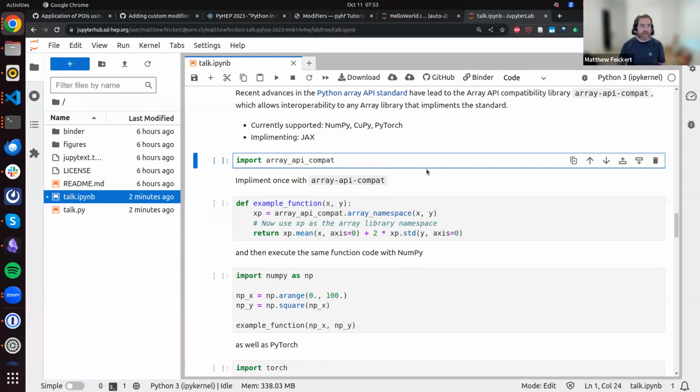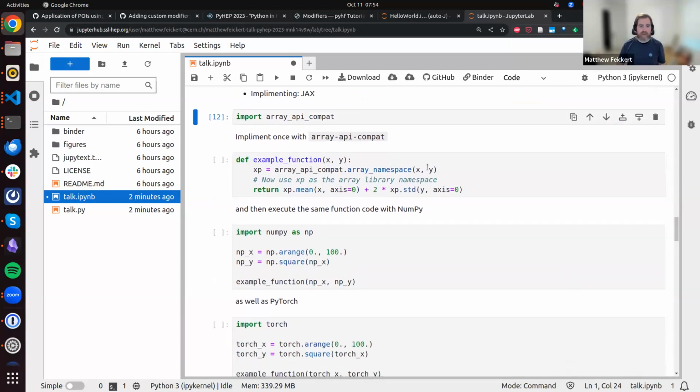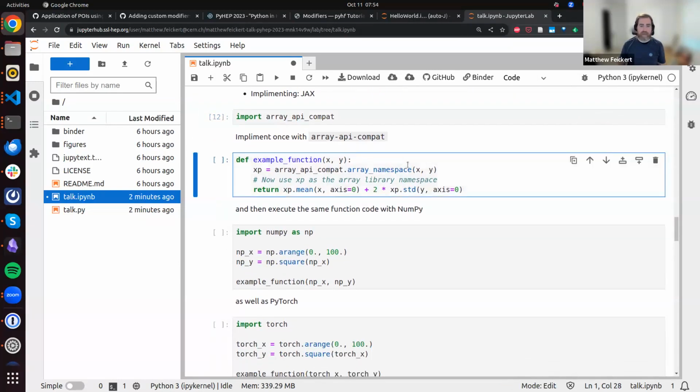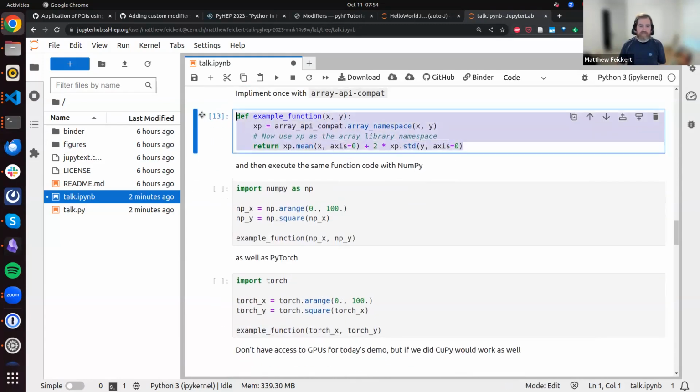But the cool thing here is that if you use this array API compat library, you can write a function that takes in array arguments, and you can then use the array API compat to move them into a namespace where the operations are agnostic. So for this function here that was written once using the array API compat library, we